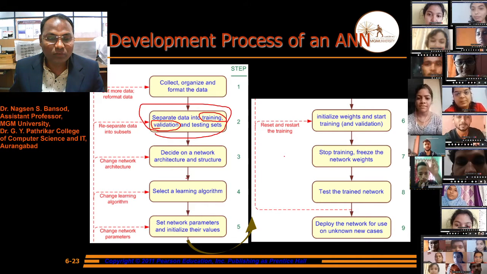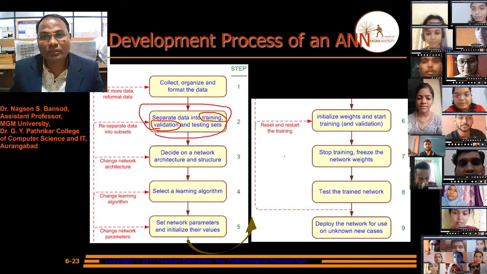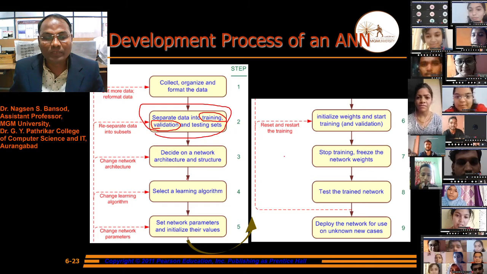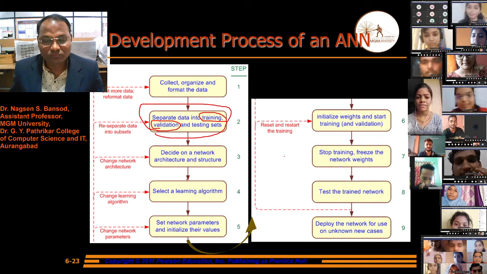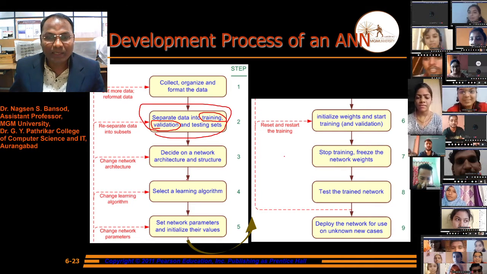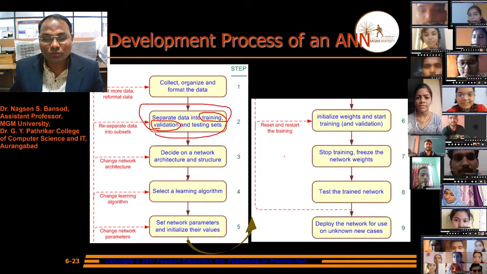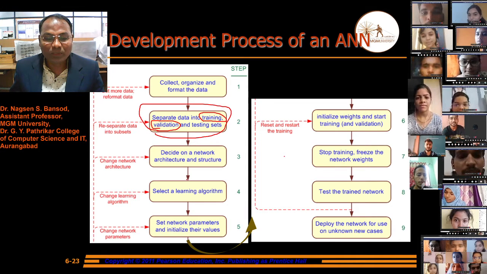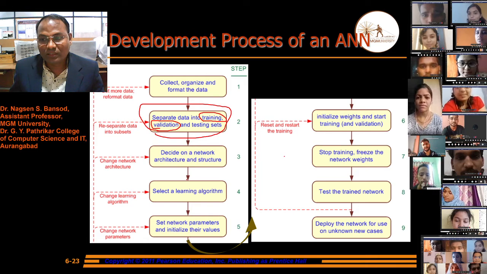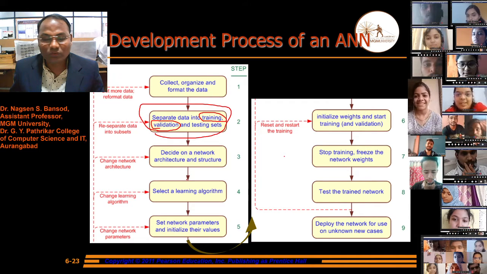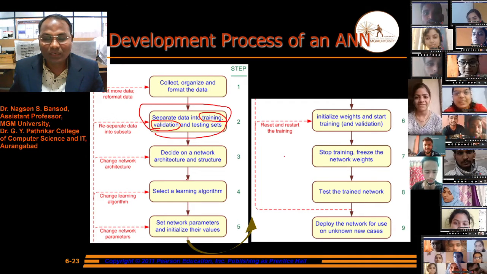supervised learning algorithm, unsupervised learning algorithm, reinforcement learning algorithm. If we want to do clustering, then we have to select unsupervised learning. For classification, we have to select regression analysis.